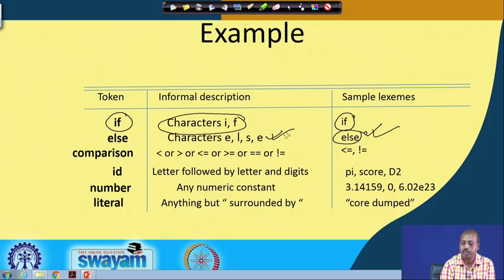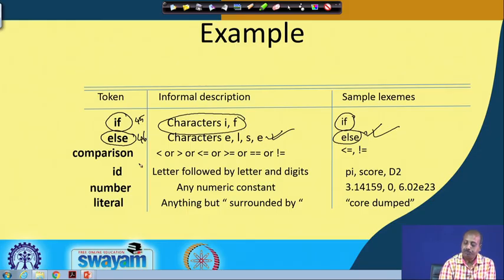This matches this particular rule, that is a character sequence ELSE, and then it will return this as the token. And as I said, all these tokens are given some numbers. So, this may be say 45, this may be 46. Like that, unique integer values may be assigned.